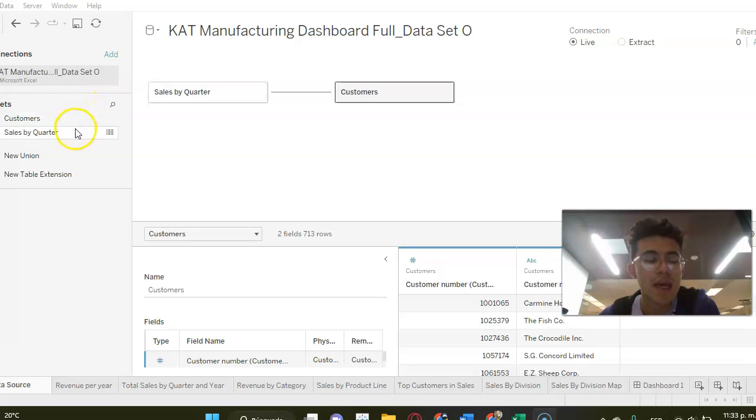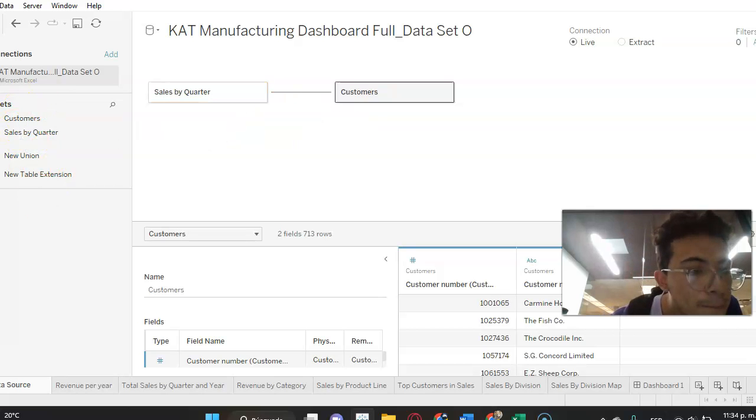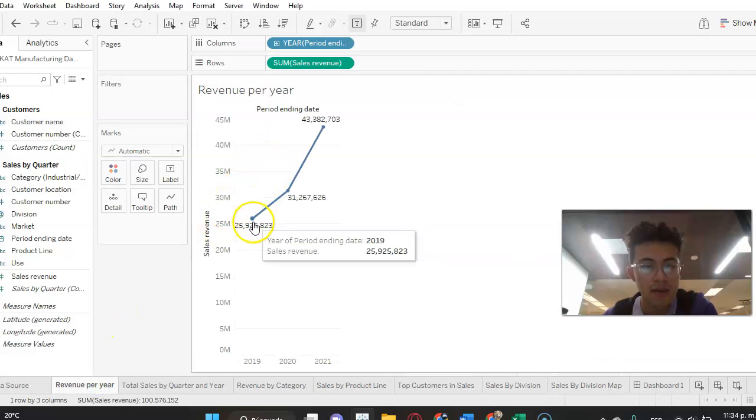I divided it into two sets and connected them. I just slide them and pull them so that they're connected from this sheet. The first sheet that I did was revenue per year, in which I analyzed how much was the